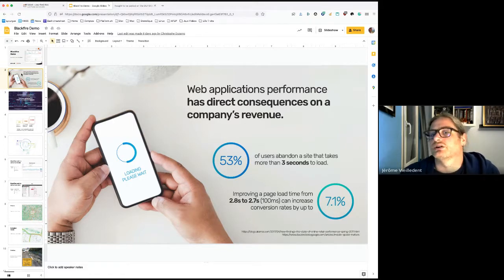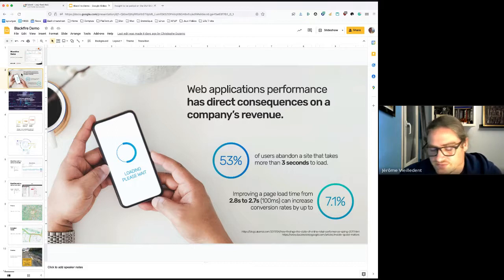And here, 3 seconds means end to end, so from the request to the displayed response. And it tends to get lower and lower, because we're all getting impatient to get a response, right? So we really need to, as developers, back end and front end, keep that in mind absolutely all the time.